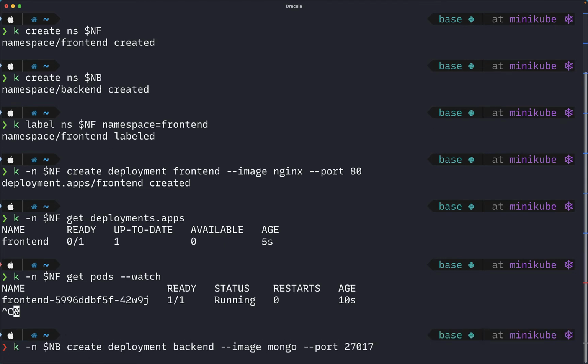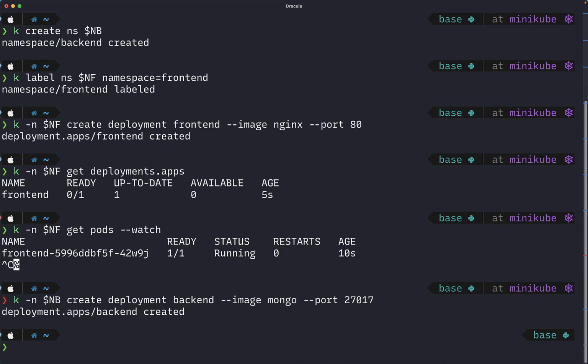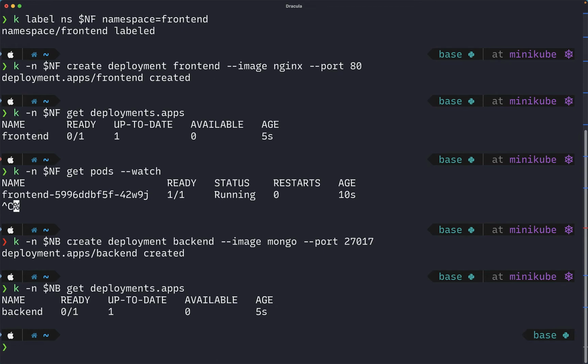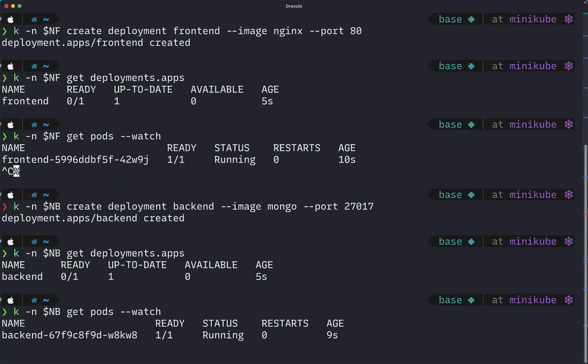Similarly, we'll create the backend deployment. It's running the MongoDB image, and the default port of Mongo is 27017. So the MongoDB deployment has been created. We'll just get it. It's not ready yet. We'll do a watch. So it's ready now,